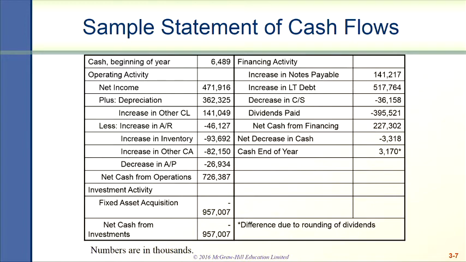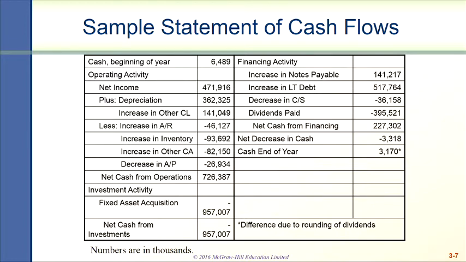There was a decrease in common stock. So stock was repurchased, shown by a reduction in the common stock. The difference is 36,158, and that means that was a net cash use. And then dividend paid is definitely cash paid out. It's a cash outflow of 395,521. So when we add all the five elements together, we get net cash flow from financing activity of